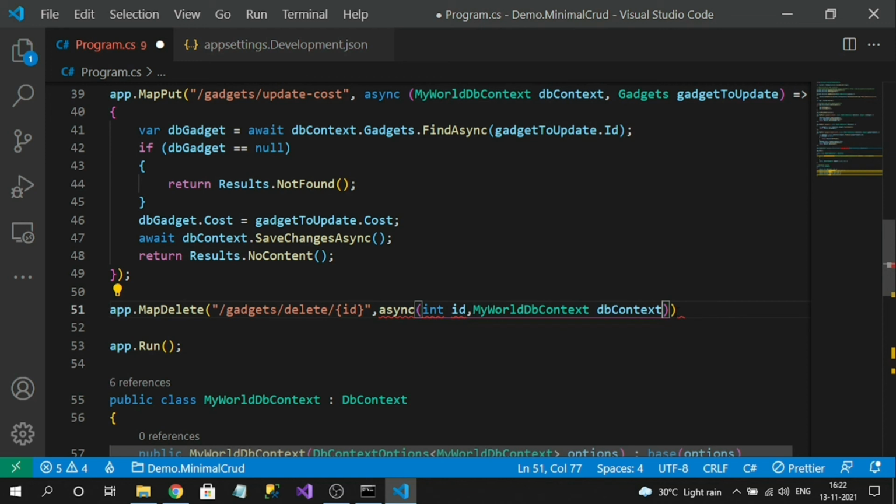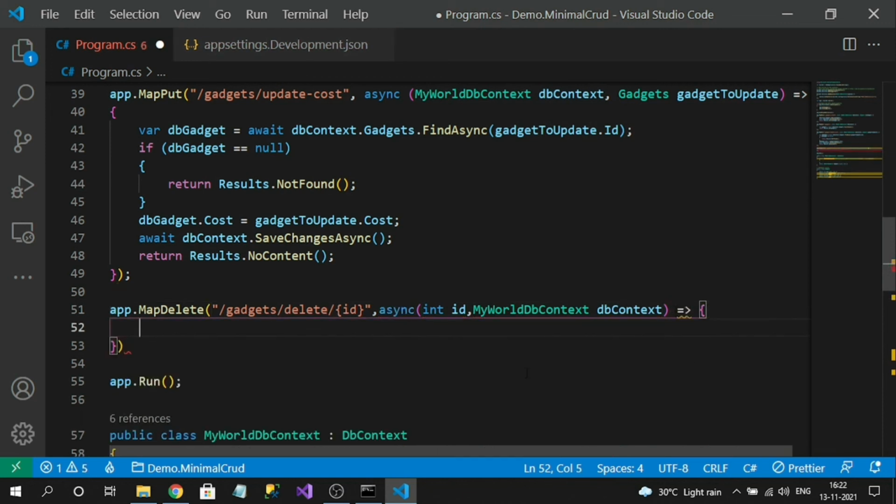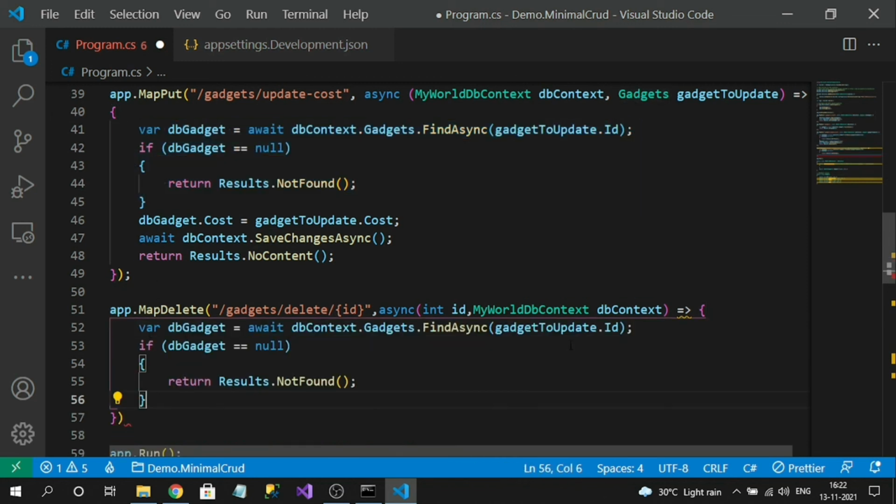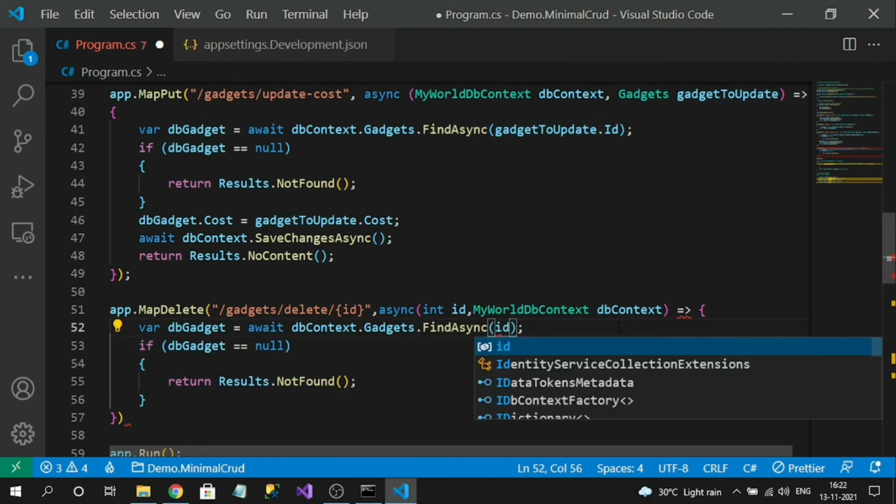So I have the ID, right? So let's fetch the ID record from the database. I can use the same kind of code here. This logic I'm going to use here as well. Here I will use ID.